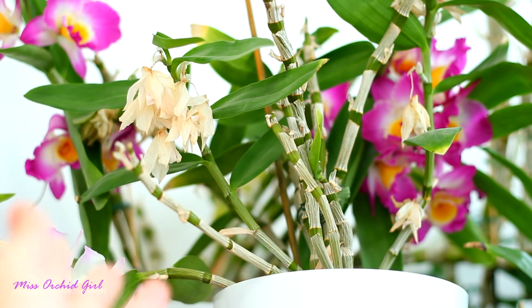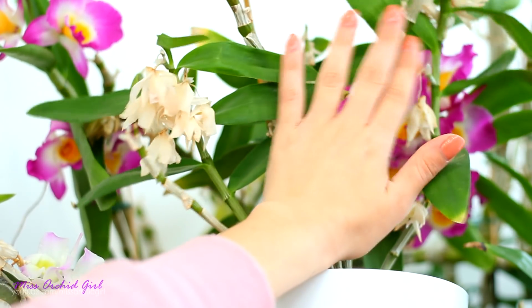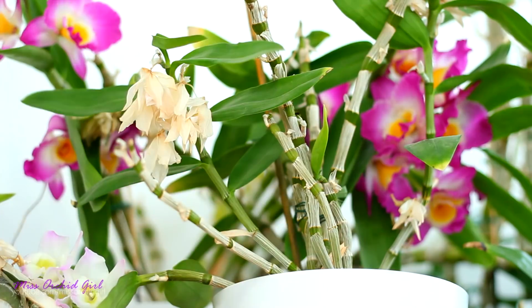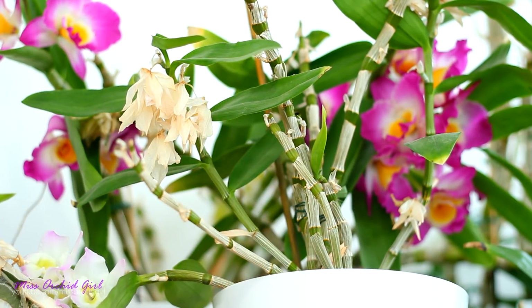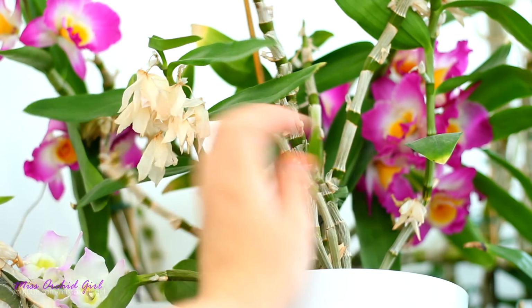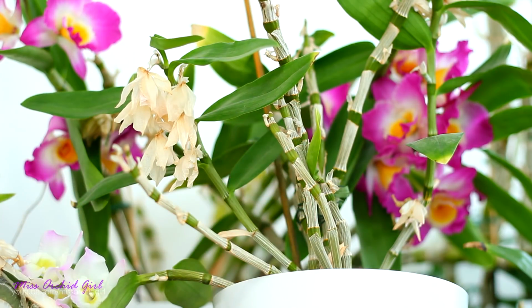As I was saying in my previous video, there are some smaller nobiles, and this is one of them. Yeah, I know it doesn't have blooms anymore, but this is how tall it is. You can see it is shorter than the big ones, but still it's not a miniature. It looks like a pretty tallish cattleya at this point. It is 35 centimeters tall,